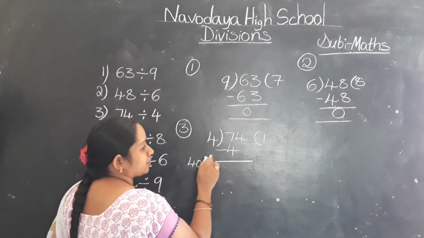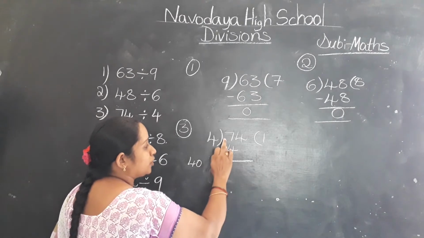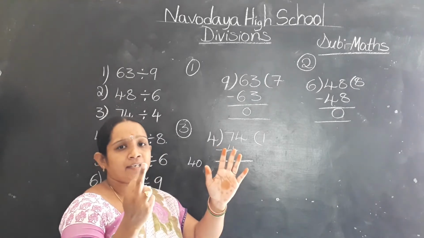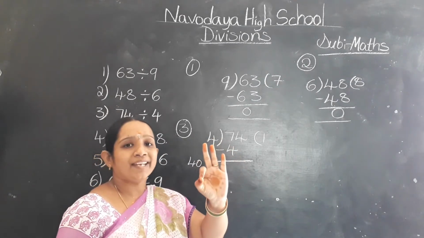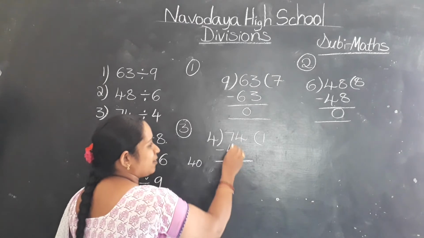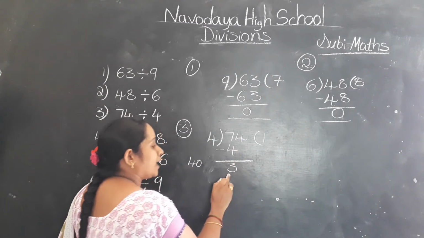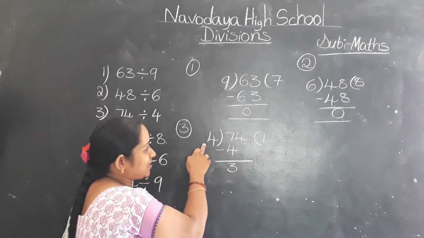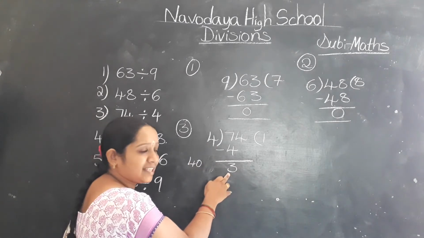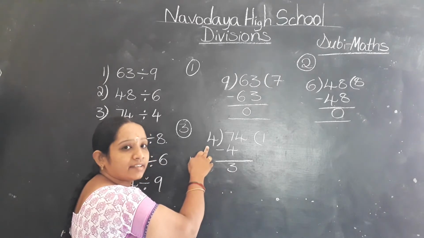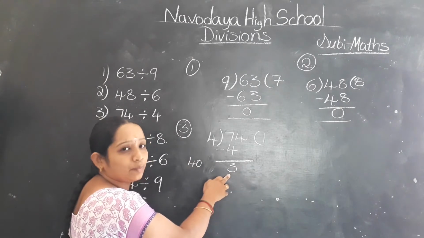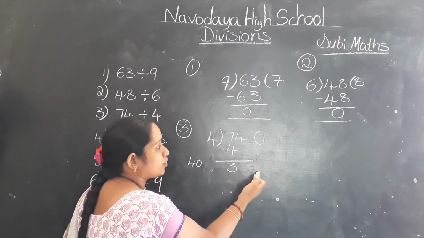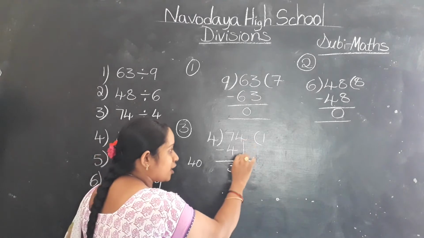Do subtraction. 7 minus 4. Take 7 fingers, cut off 4 fingers. 1, 2, 3, 4. How many are left? 3. So 7 minus 4, 3. Next look children, 3 is the dividend here. So dividend is lesser than the divisor. So it is not possible to do division. So that's why go to the next place value and write it down.